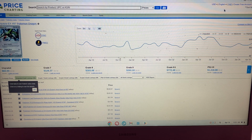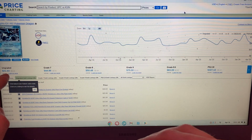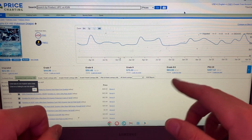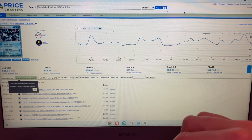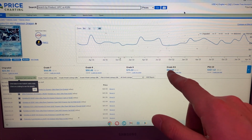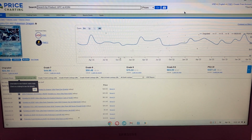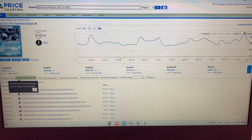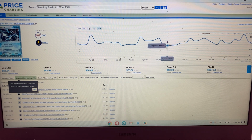Number 5 of the top 5 honorable mentions goes to a Kingdra EX with an ungraded price tag of $21.54 and a PSA 10 price tag of $327. 6 PSA 10s were sold at that price this past year, where a 9.5 significantly drops at a $83 difference. $83, that is a big difference. This card's most expensive price was recently in February of 24 at $36.06, and its cheapest price was back in September 22nd,